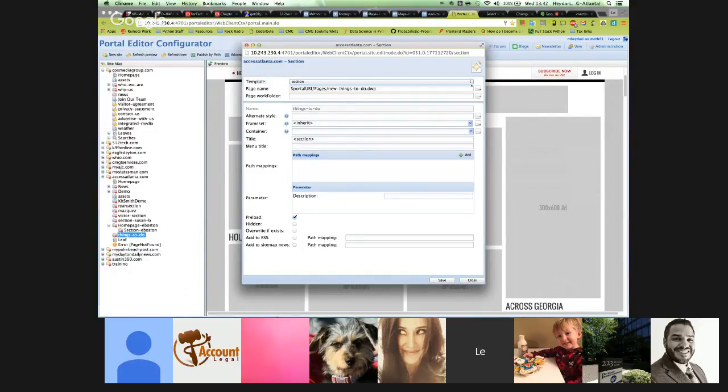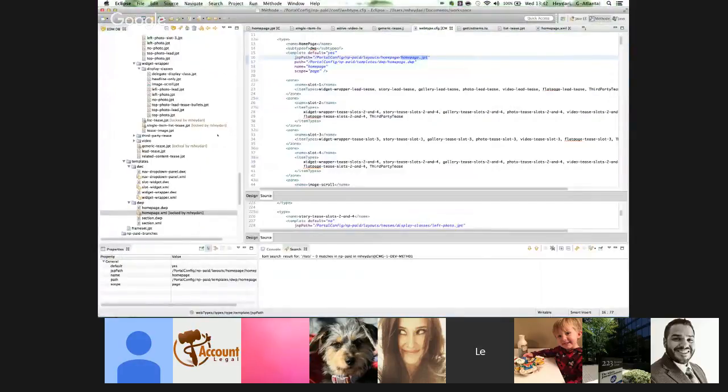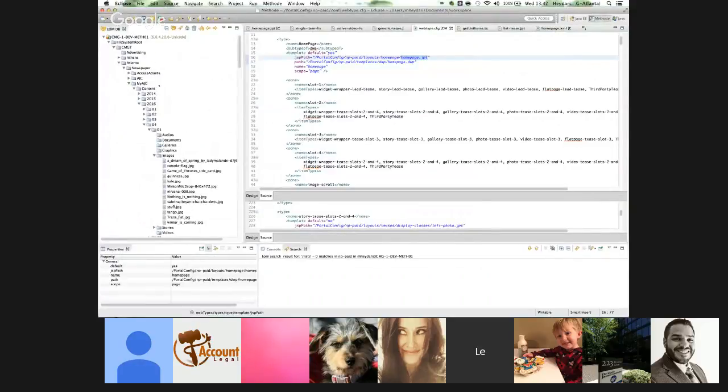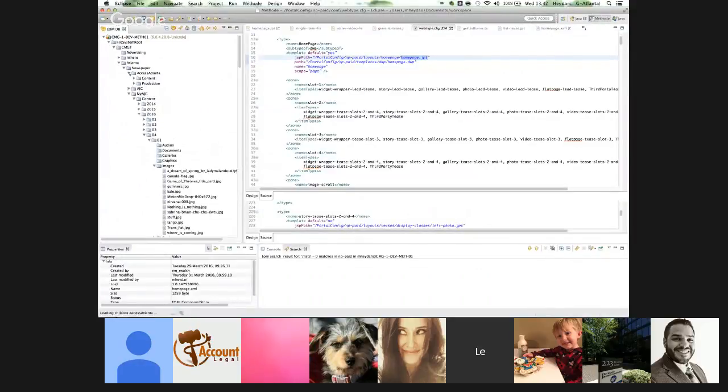Well, it's these two, right? So it's got the template and it's got the new things to do DWP. So if we go back to the code, go to pages. This is Atlanta, right? So access Atlanta, production web pages,